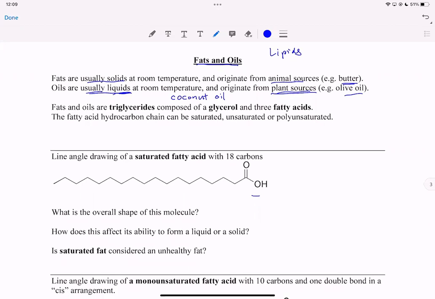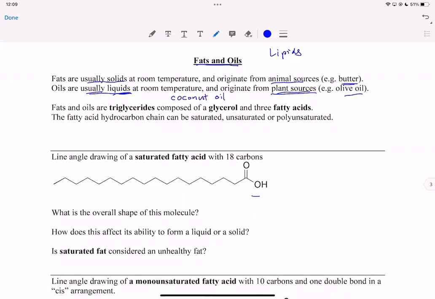Okay, so we have these fats and oils. What they have in common is that they are in the lipid family, and they're also called triglycerides. That's because of what they're composed of: a glycerol. Let's write the structure on here. Glycerol is 3 carbons that are bonded together with single bonds. And then there are 3 OH groups, and you can draw it down, up, and down. And then the rest of the molecule is